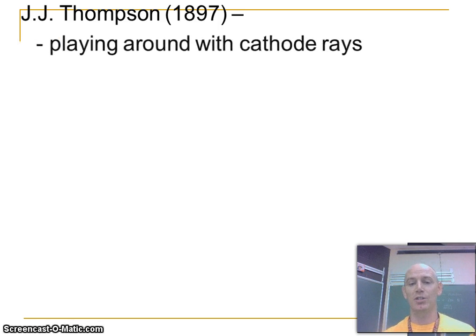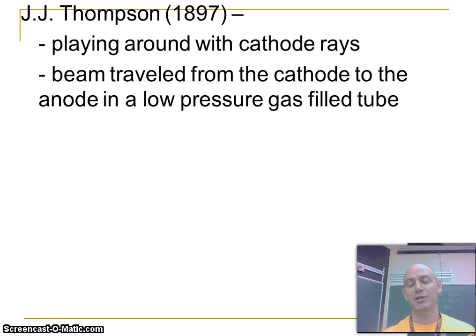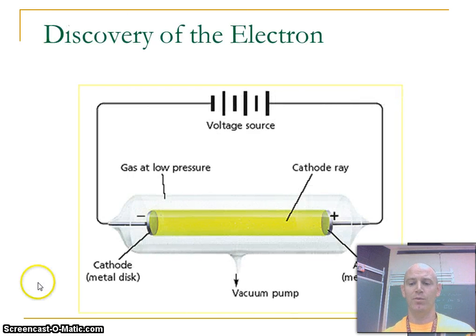What Thomson was doing was playing around with something called cathode rays. Cathode rays were essentially a beam that was passed from one side of a gas-filled tube to the other. The gas-filled tube had an anode and a cathode, a negative end in the cathode and a positive end in the anode, and the beam traveled from the cathode to the anode. If we take a look at the next slide,